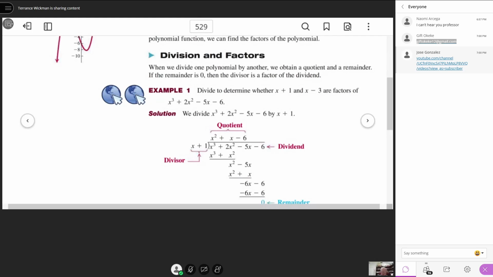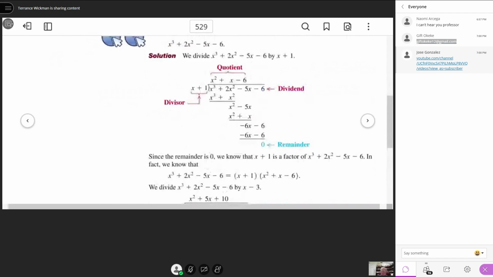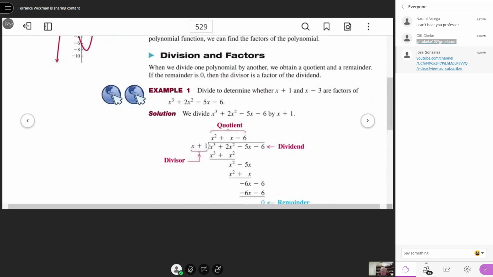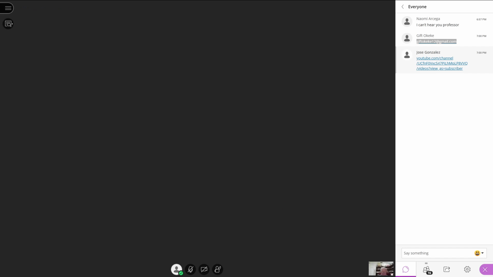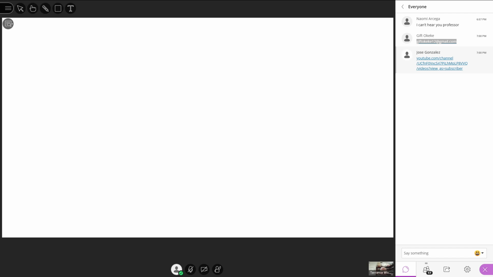Minus 5x minus 6. And they want us to determine whether x plus 1 is one of the factors. Well, we'll do the x plus 1 because that is... Okay, so here we go. For this particular problem,